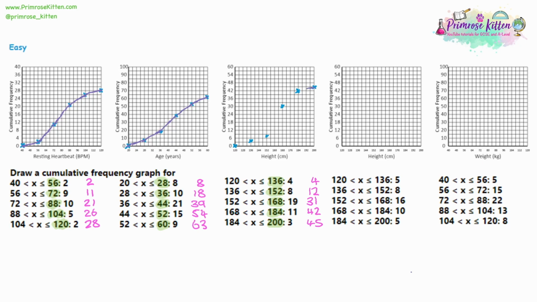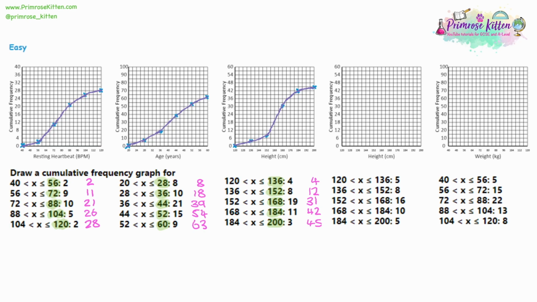Again, draw the best curve you can with a pencil, rubbing out and trying again if you make a mistake. Then after this curve, you come to a flat bit, and then it'll curve the opposite direction at the end. And again, there we have a cumulative frequency curve. Now, our next graph has the same axes as height against cumulative frequency, but with a different set of data